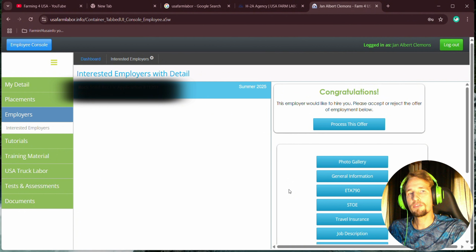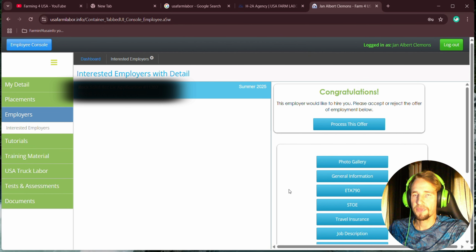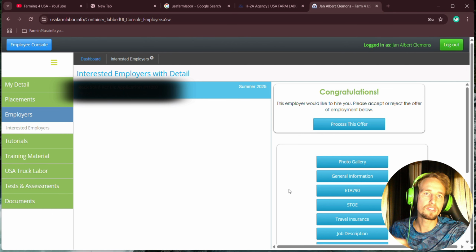Now, let me give you some information on that. If your passport is going to expire next year, you have to get a new passport. You have to have at least 6 months extra on your passport beyond the end date of your contract. Otherwise, the consulate is just going to say, go get a new passport, and you have to do this whole process over again,